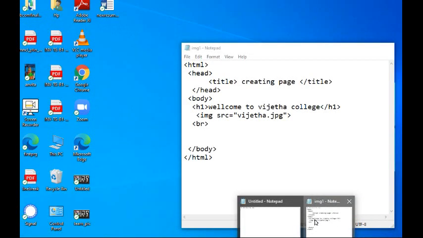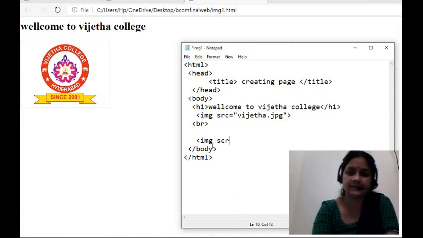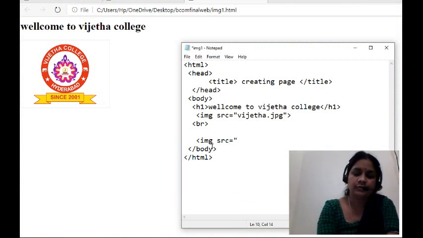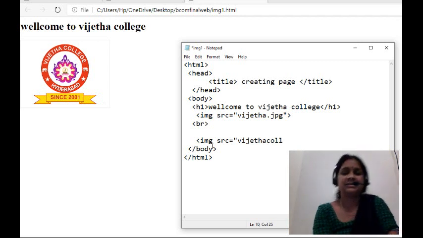Here again I am writing img src equals, what is the name here, Vijayta college.